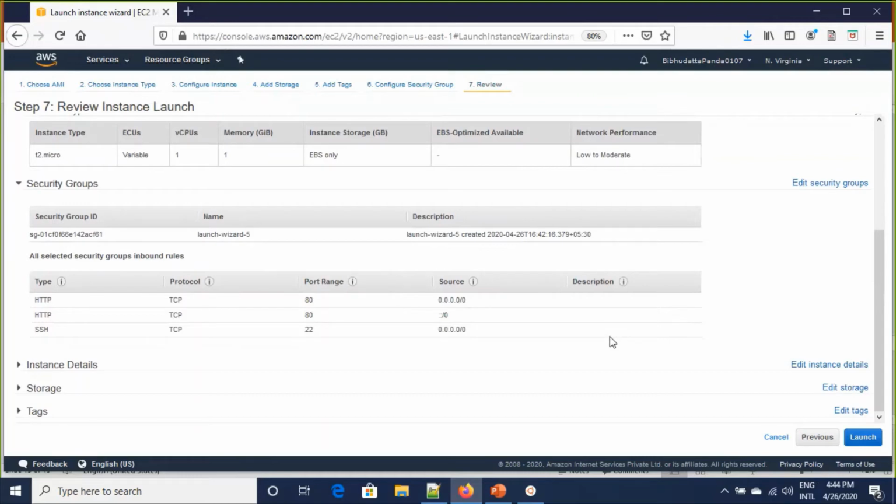So this is my master node, which has the public IP address. This is slave 2 and this is slave 1. In the meantime, I'm trying to SSH into this master node.